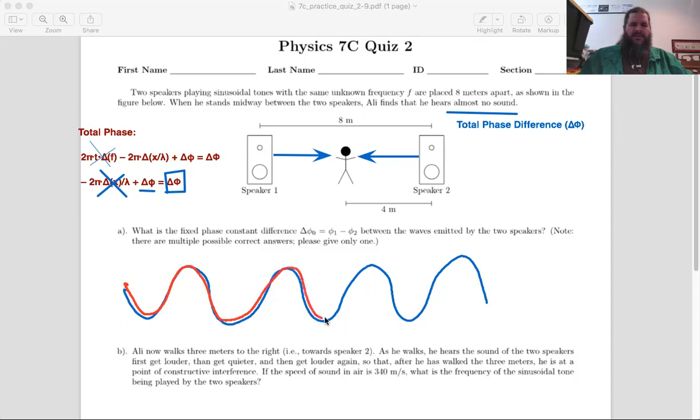If they're completely identical, what kind of interference is that? Yeah, that's constructive. If we shift it so they're offset, though,